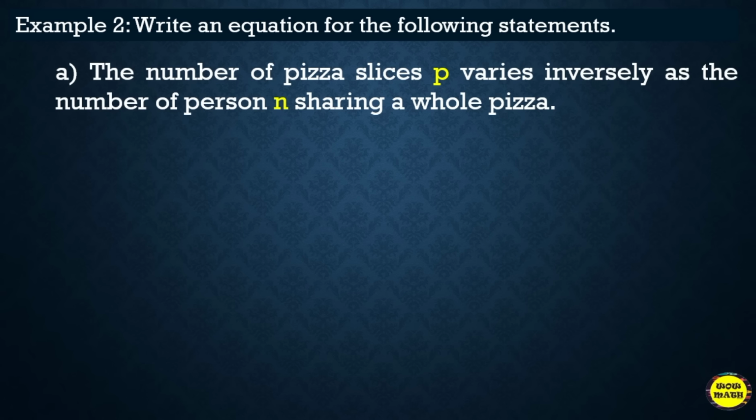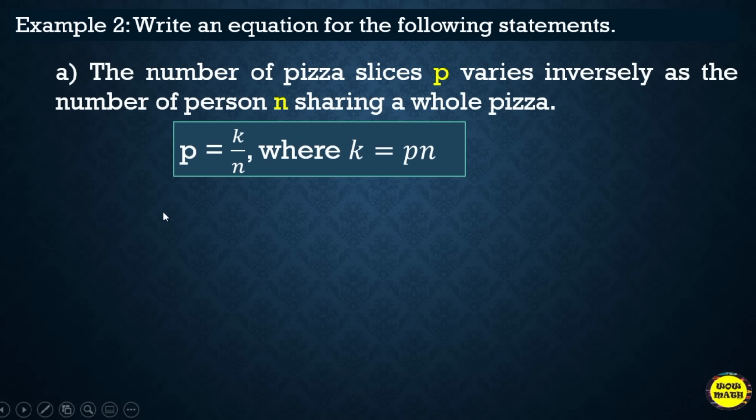The number of pizza slices is denoted as P, and the number of persons is denoted as N. So whatever comes first here should also come first when we translate it into an equation. Since P comes first, P is equal to K over